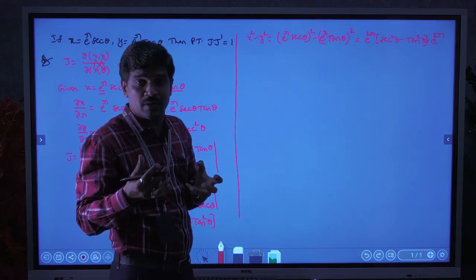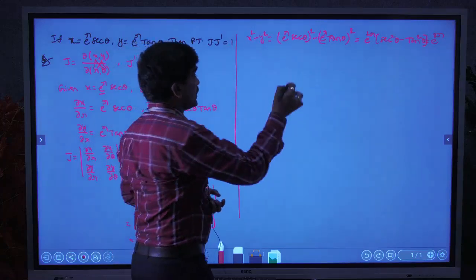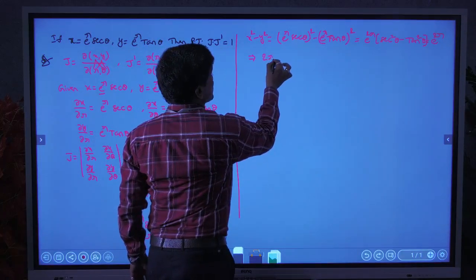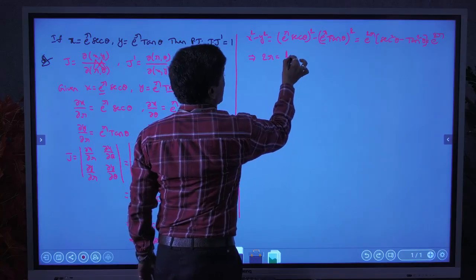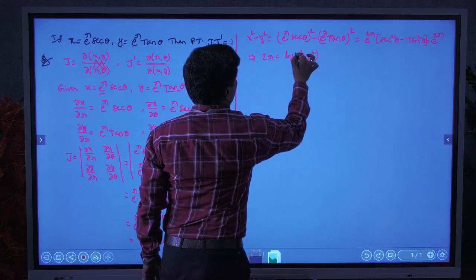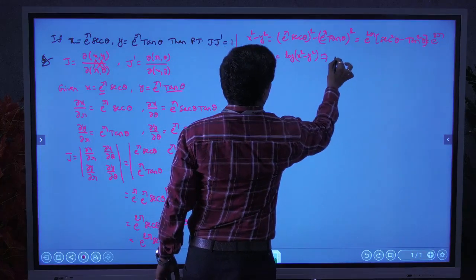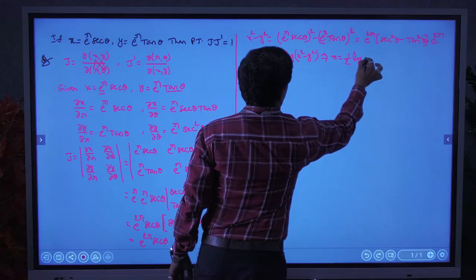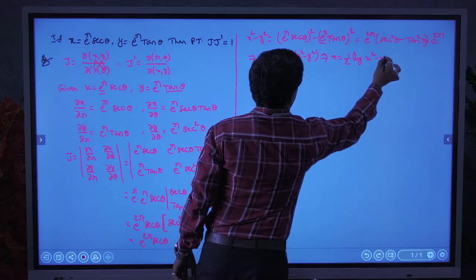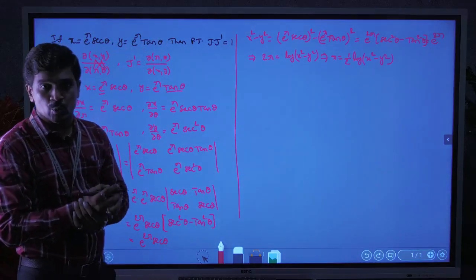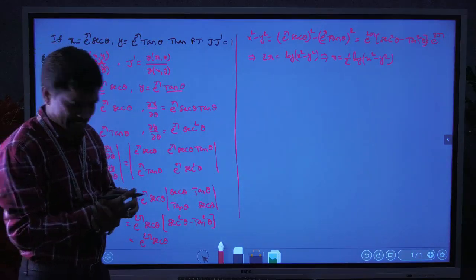But we have to write the r value. Then r is in the exponential. So write 2r equals the logarithm of x squared minus y squared. Now write r equals, what is r? Here 1/2 log of (x squared minus y squared). So that is the r value as a function of x, y.